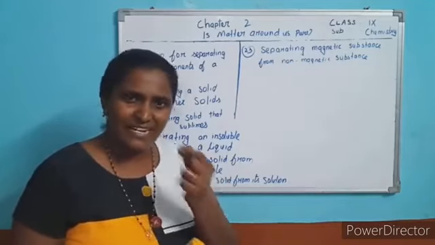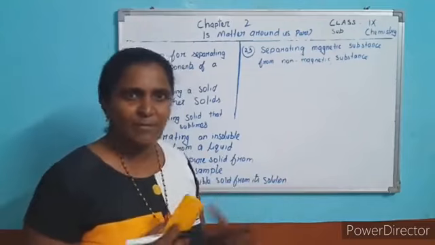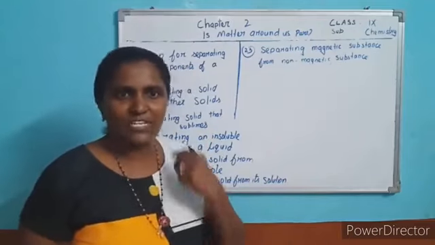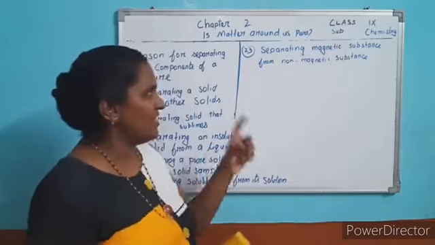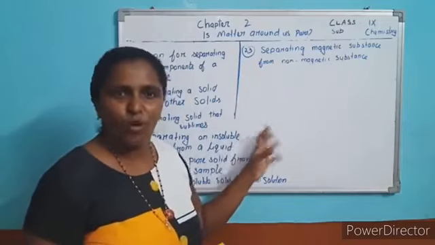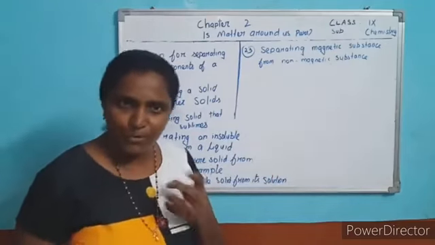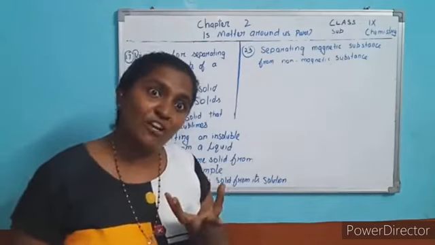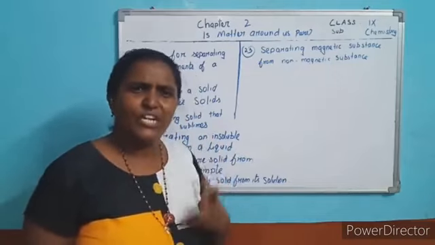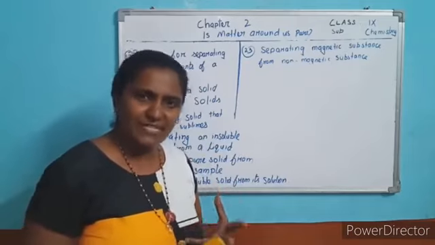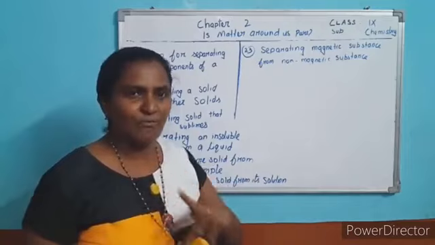Okay, rice with the sand, we don't want the sand, an undesirable substance. So to remove the undesirable substance or to get the pure substance, for this purpose, we need to separate the components from the mixer. To remove the undesirable substance, to get the pure substance, or to get the useful component from the mixer. Based on these things, we need to separate the components from the mixer. Now we go one by one method.